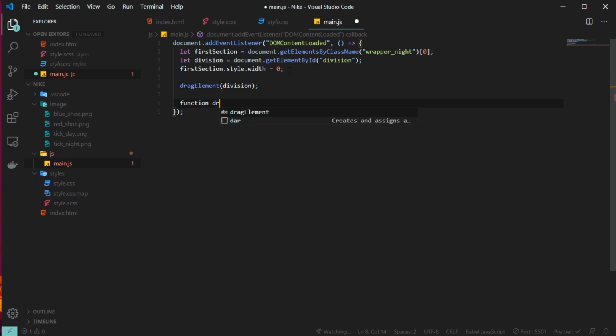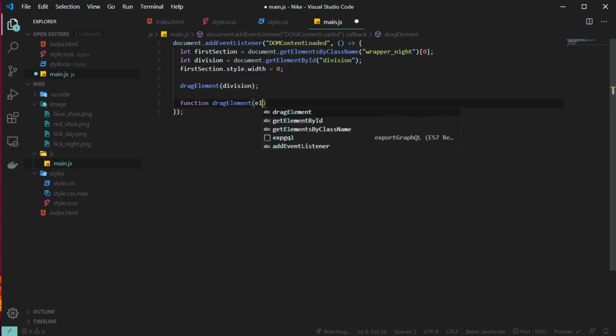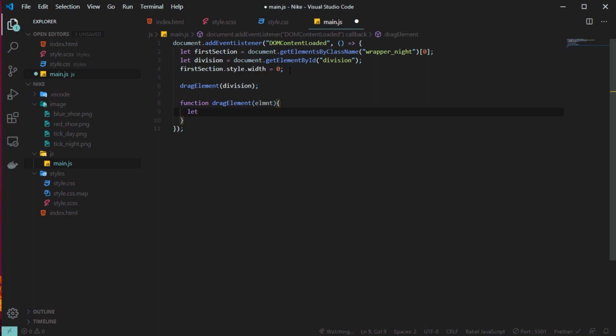For the function definition, I am defining the function dragElement, which takes this element as a parameter. First thing we will do is get the initial position, and for that I am setting position1 equal to 0 and position2 equal to 0. I will define what these position1 and position2 are doing in a moment.